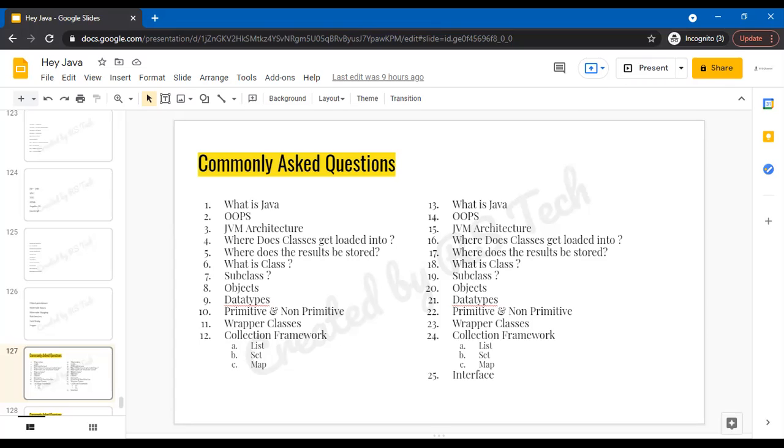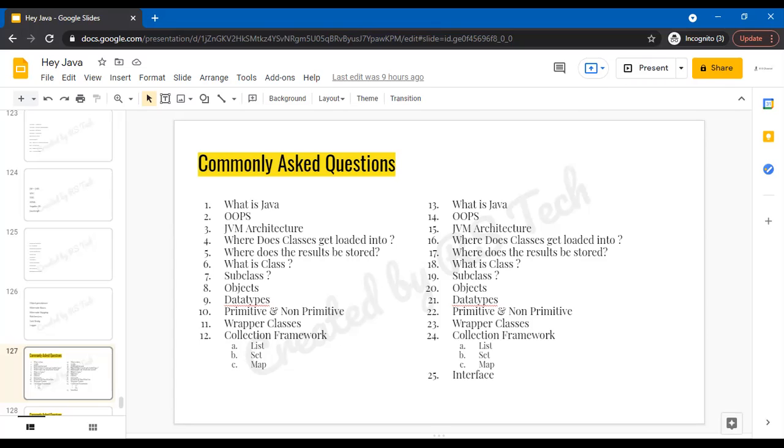So the capital Int, capital Float, capital Char. So one question will be, what is the difference between small int and capital Int? Why do we have two ints? So you should tell, one is a primitive, the capital one is a non-primitive data type. The primitive was built along with Java, and non-primitive came up later as an object.